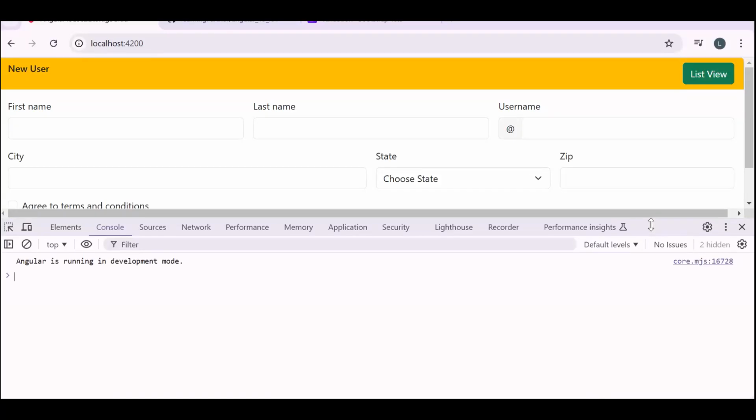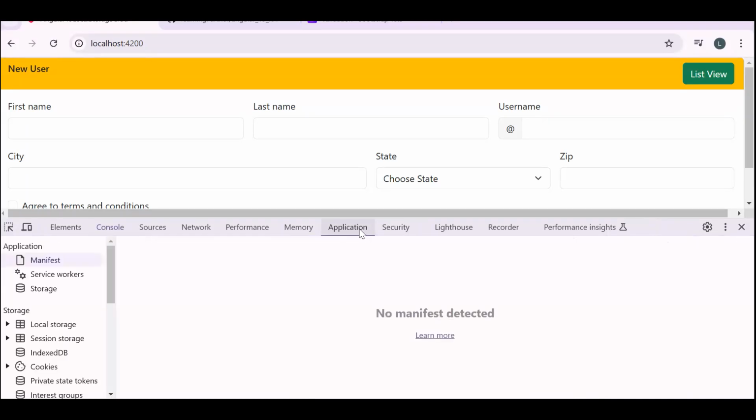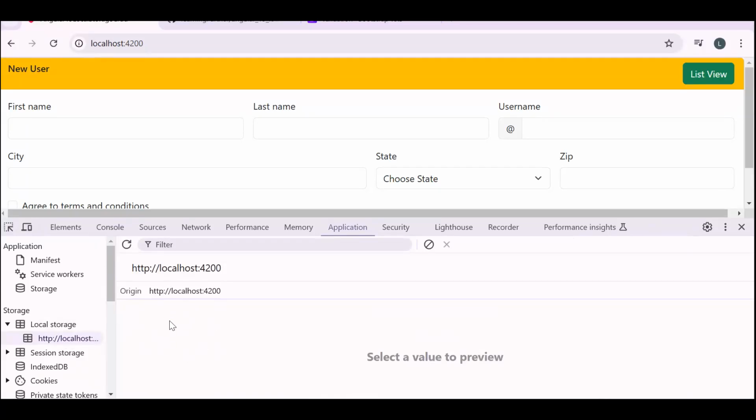Now, on click of save, we have to store the data to the local storage. So where do we have the local storage? In Application and Local Storage over here. So currently you can see it's empty. Local storage has key-value pair data, key and whatever the value you want to store, right? So now on click of save,